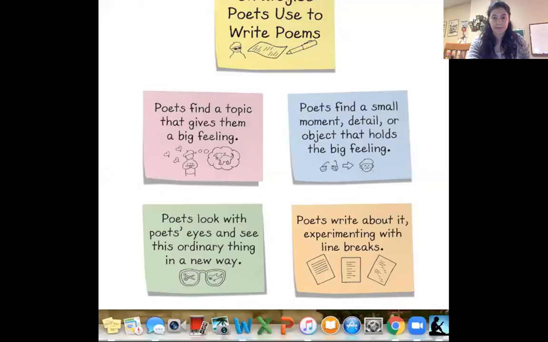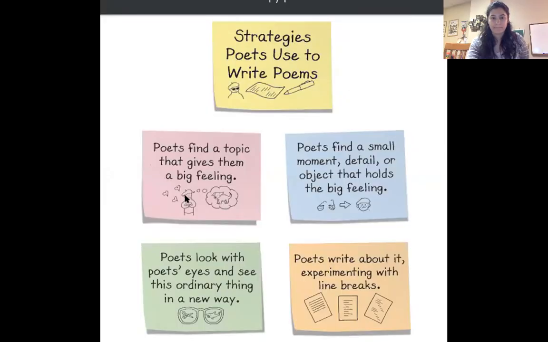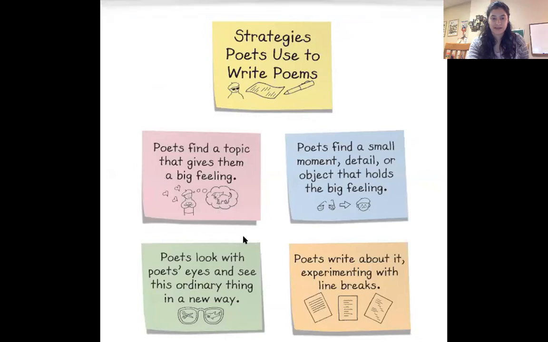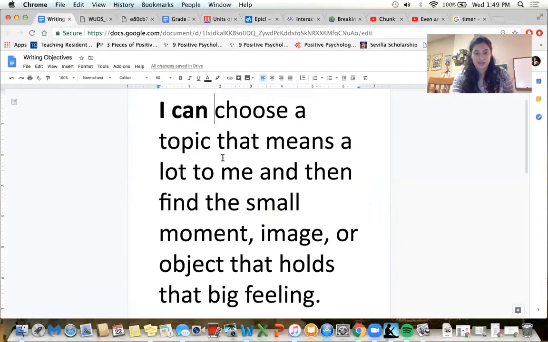your goal before you write your poem today, really think about, you can either add feeling into your previous poems or you can start a new one. But I want you really thinking about being a poet that finds a topic that gives you a big feeling, okay? So really, one last time for your goal today. I can choose a topic that means a lot to me and then find the small moment, image or object that holds that big feeling, right? Take your big topic, how you felt in that, and then zoom in and really focus on how that made you feel,